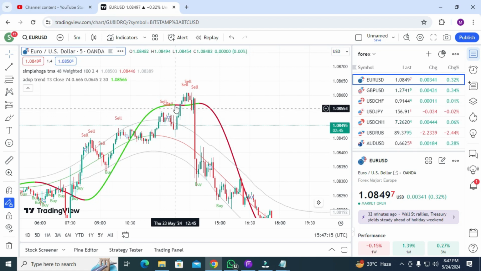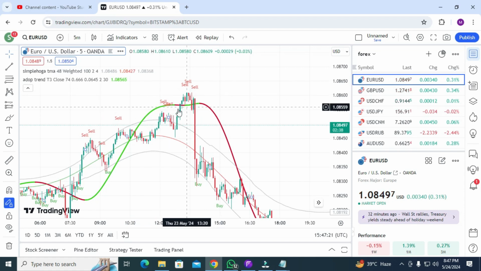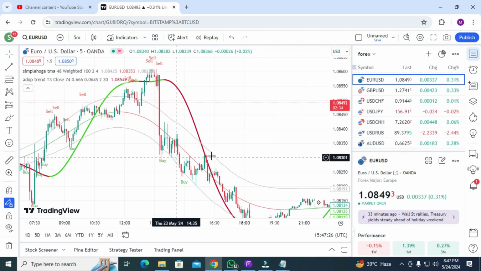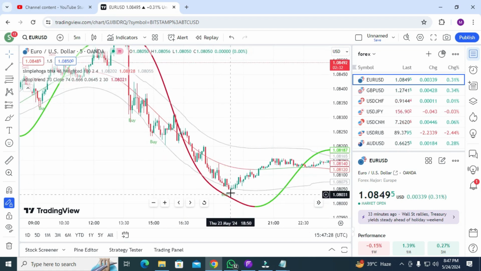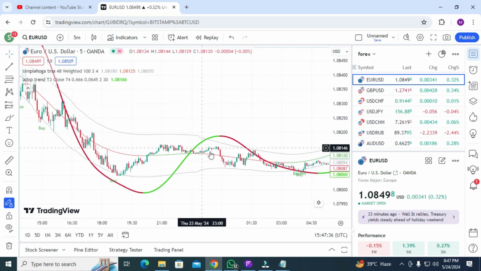when this adopt trend line is upside from the upper band line, that means this is your sell area. You need to go for the sell trade, and you need to book your profit. Like here it is showing that the adopted line has come below the lower band line, and you are getting the buy signal. So this is your perfect buy trade. And when the candles go outside the adopt trend line, this is your exit trade. Okay, here you need to exit your trade.